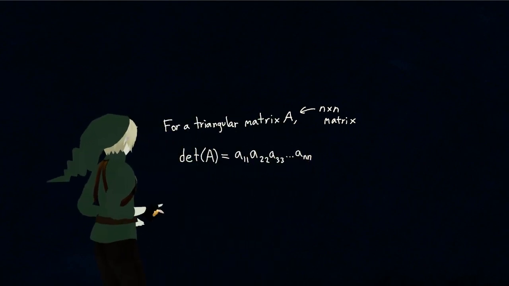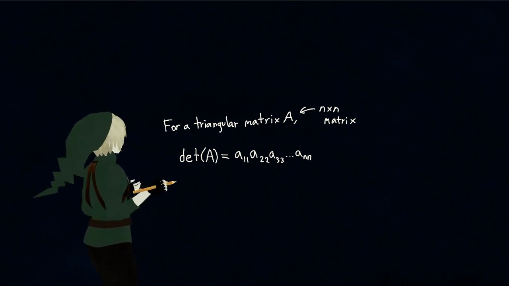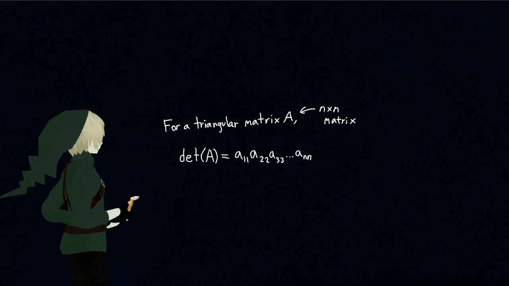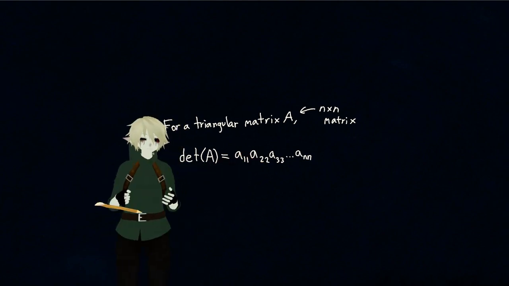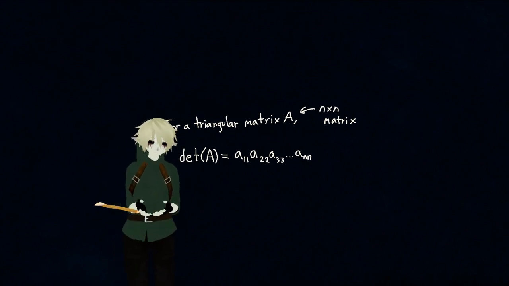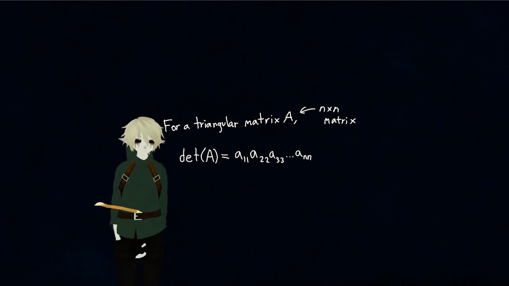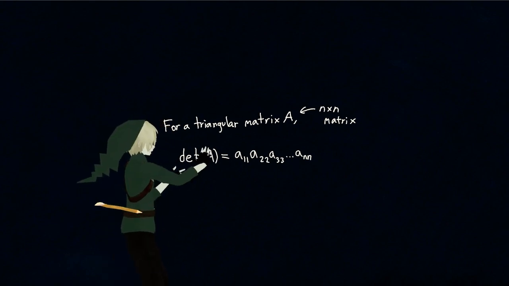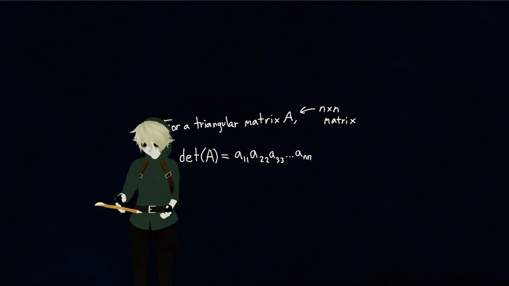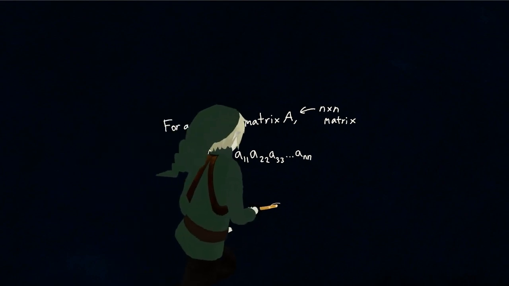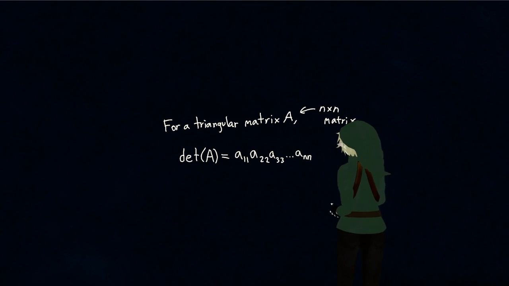Okay? So the determinant of any triangular matrix is found by multiplying the diagonal entries, right? Thank heavens, you don't have to find the cofactors of each term. We can just compute the diagonal entries, right? For those who don't remember what these entries look like,